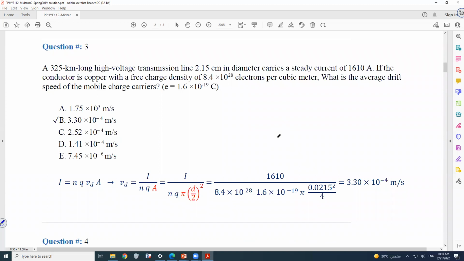Question number 3. A 325 kilometer long high voltage transmission line, 2.15 centimeter in diameter, carries a steady current of 1610 amperes. If the conductor is copper with a free charge density of 8.4 times 10 to the power 28,